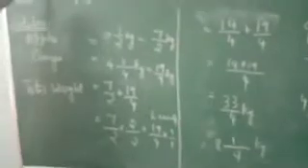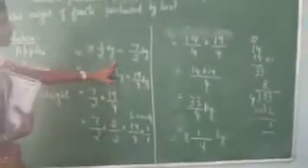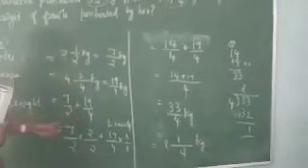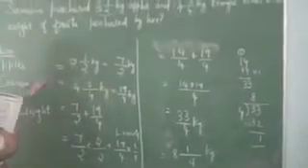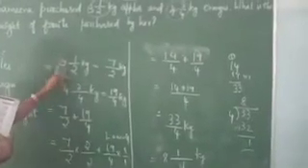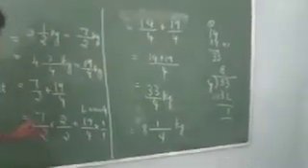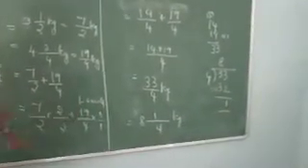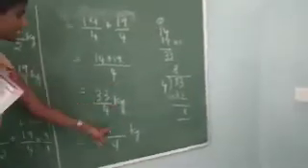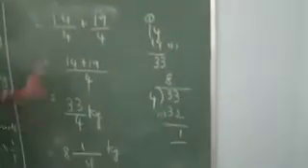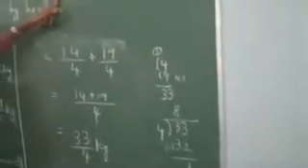So, do you understand the concept? The main concept is, when the question is given in the mixed fraction, you have to convert it into an improper fraction and do whatever operation is given in the question. Here they are asking for the total weight, so first I converted the mixed fraction into an improper fraction and then added. If the denominators are different, you have to take the LCM and proceed. The final answer should always be in the mixed form. If it is in the improper fraction, you leave it. Here the question is in the mixed fraction, so you have to convert the final answer into the mixed form.